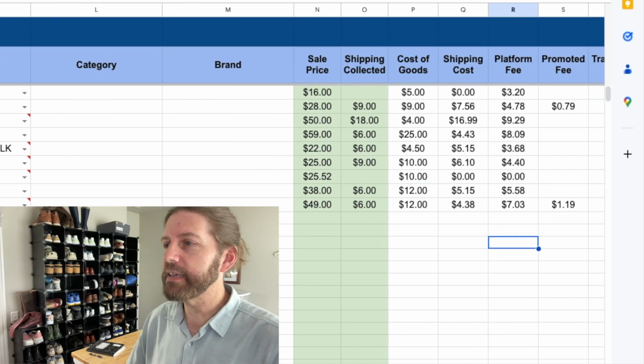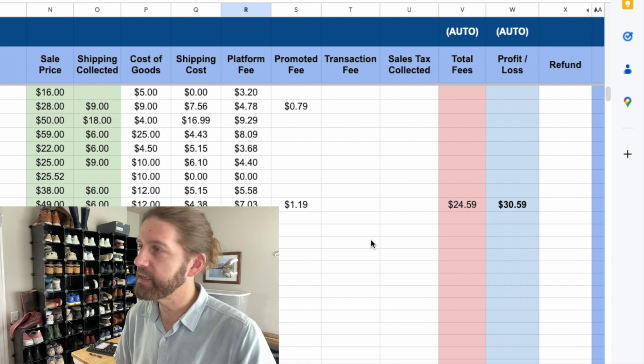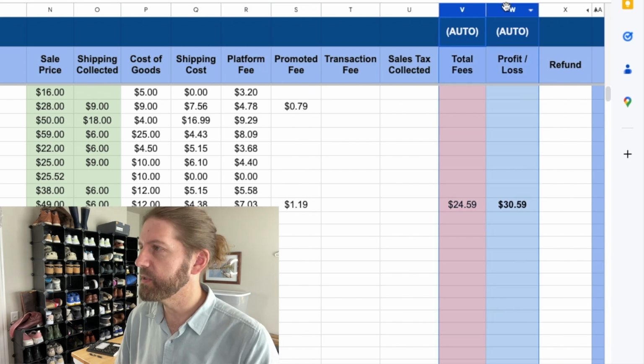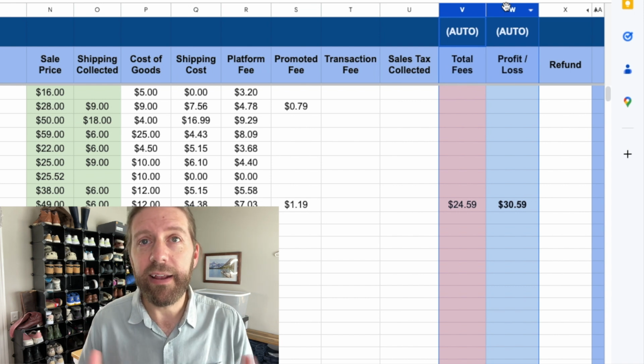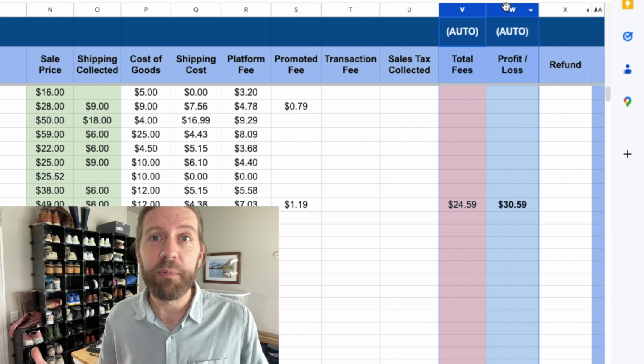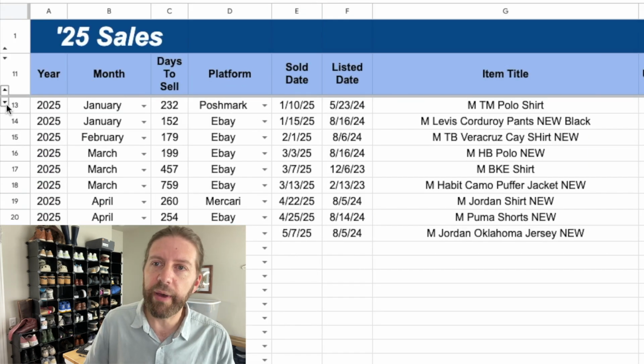So looking at the sales tab, let's scroll all the way over to the profit and loss and the total fees columns. You'll notice that most of my data has disappeared, and you may be freaking out, but this is a very simple fix. In order to fix this, we're going to go all the way back to the left-hand